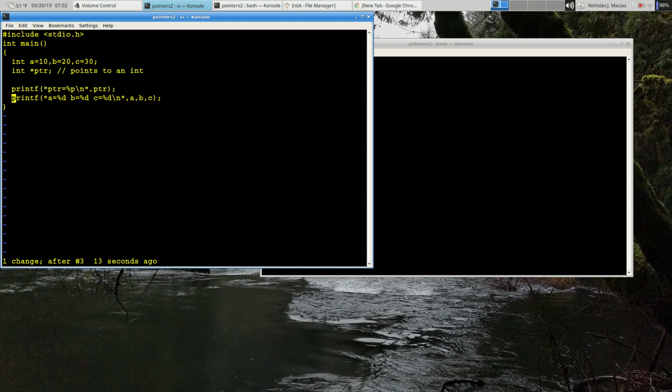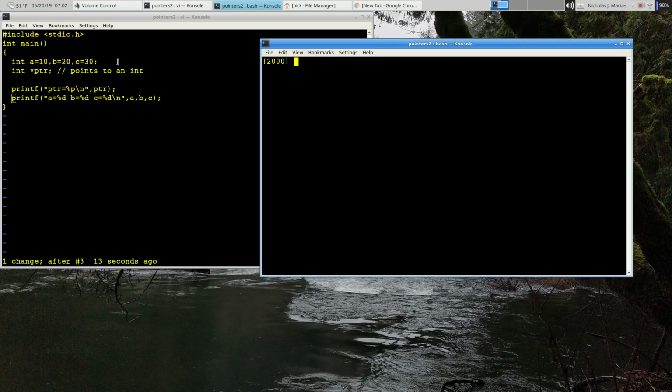Alright, so we're just going to print out the initial value of pointer before we do anything with it. We're going to print out the values of A, B, and C, which should be 10, 20, and 30. So let's go ahead and run this. And A, B, and C are 10, 20, and 30, that's not a big surprise, but pointer is equal to nil,